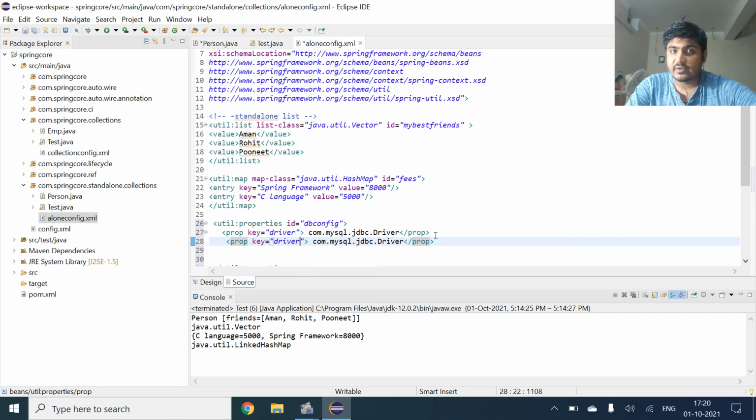Instead of driver, I will change it. So now the configuration is made.